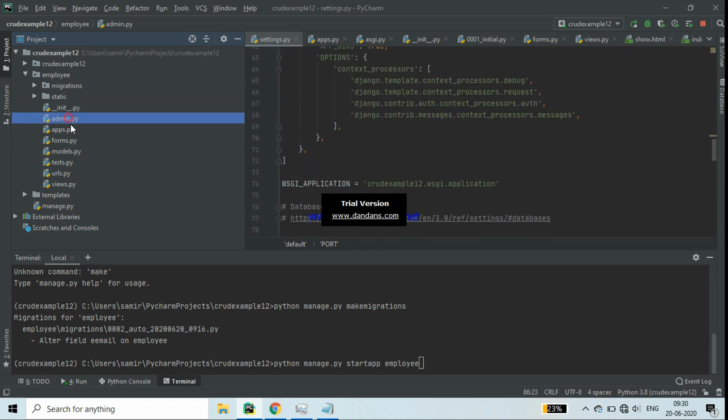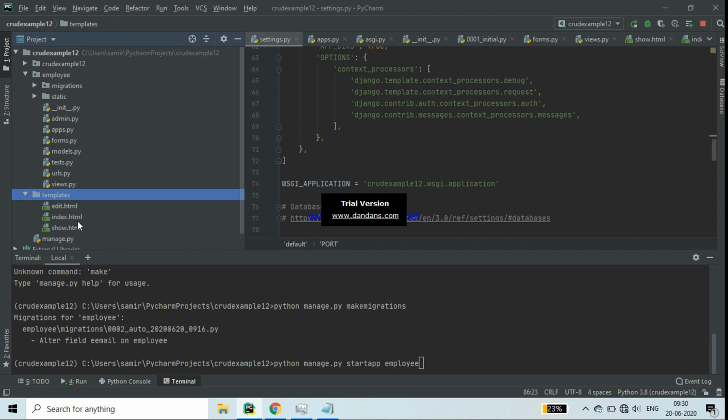You see there lots of files are coming here, inbuilt files like models, forms, views, URLs, on which we have to work. Now since we are making a project, HTML is an important part of it. Where do we make the HTML part? In templates we make the HTML part.